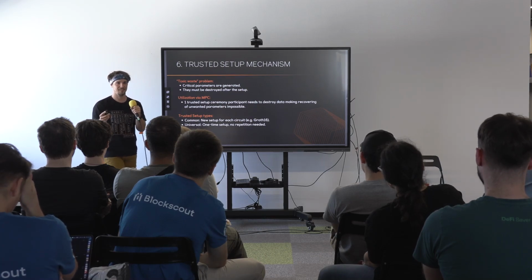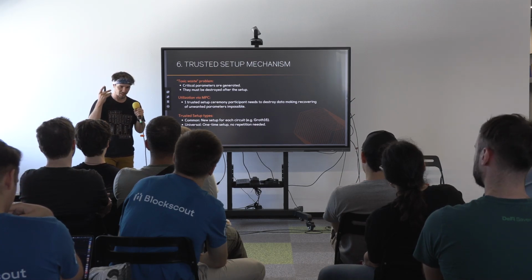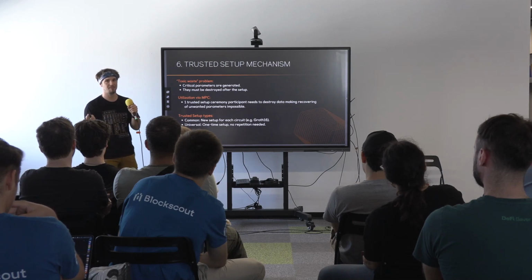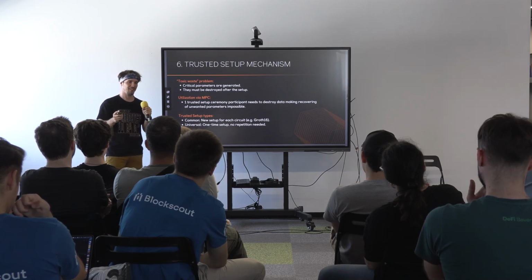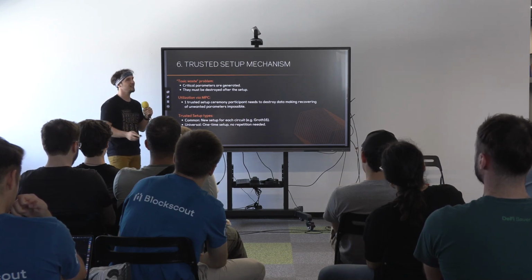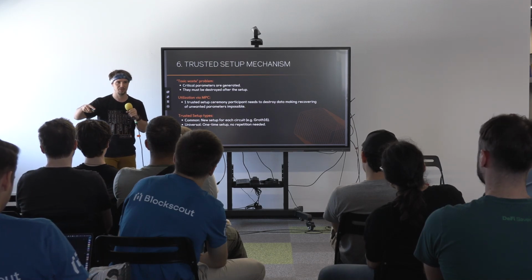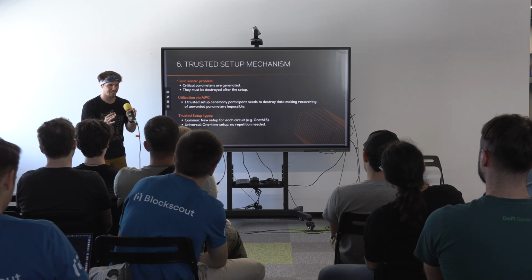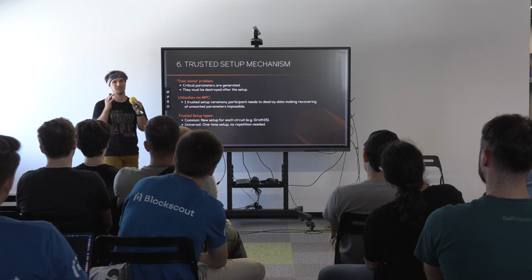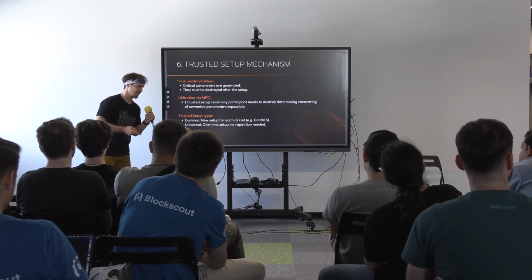The more parties involved in this trusted setup, the more secure your SNARK will be. The only time it will be vulnerable is if all of the parties involved in the trusted setup combine all their toxic waste, and then they can generate fake proofs. That's how it should work